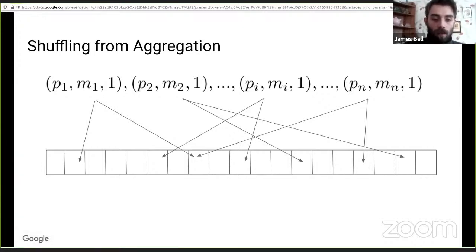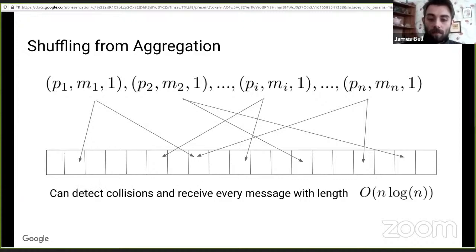Okay. And it turns out that if you put log n, or order log n, copies of the messages into a vector of length n log n, then you can be reasonably confident that every message will get through. So with this collision detection, it now suffices to use a vector of length n log n in order to shuffle these n things. But actually we can do even better. And the way we can do better